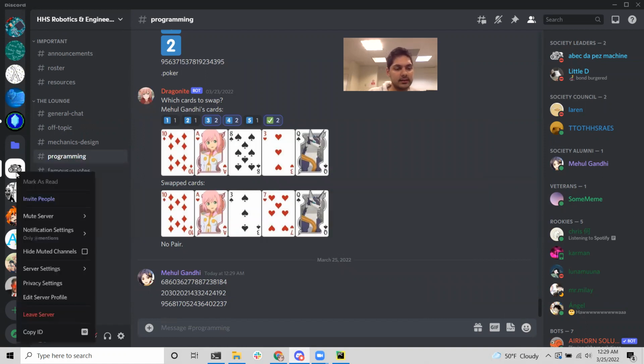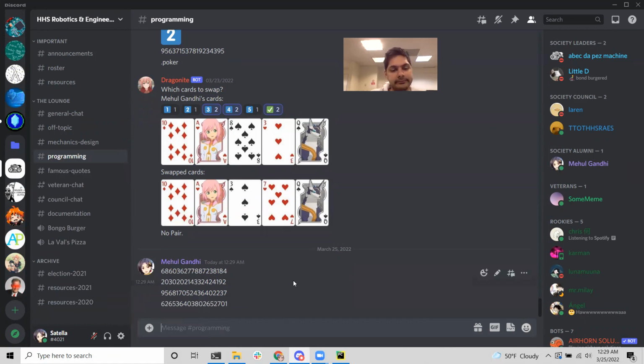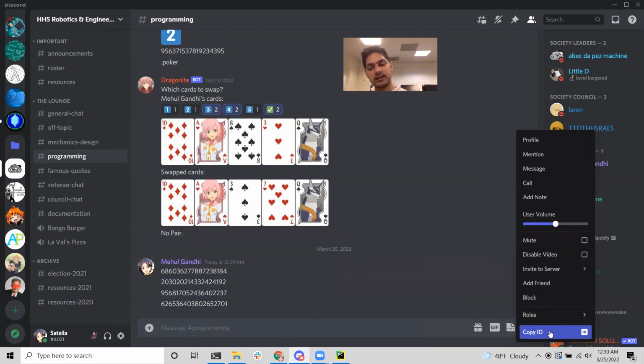The server has an ID. This is the guild ID of the Robotics Club Discord server. You might find that for some commands you might need somebody's ID. You can do something like this, just brute force putting it in there, or there are other ways. But let's say you only want a command to work in one specific server, then you'll need that server's ID. Or you only want a command to work with one person, well, you'll need that one person's ID, right?